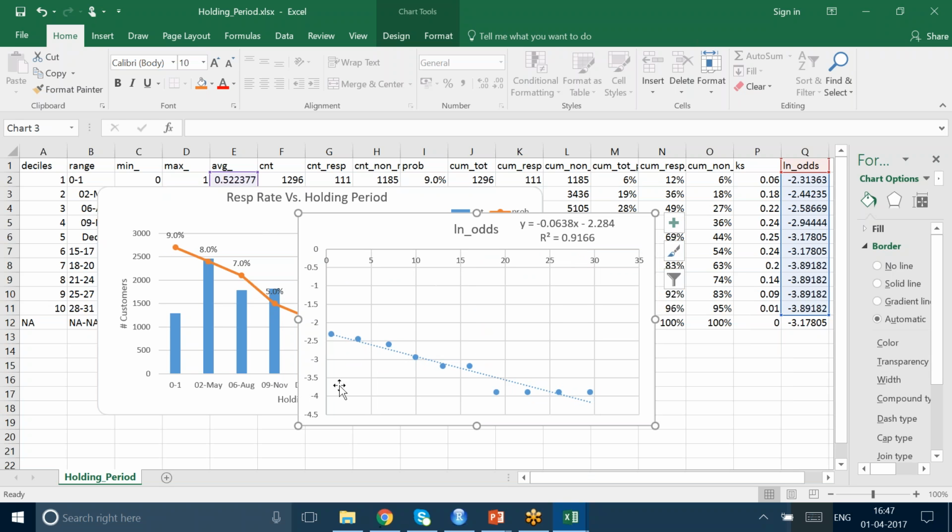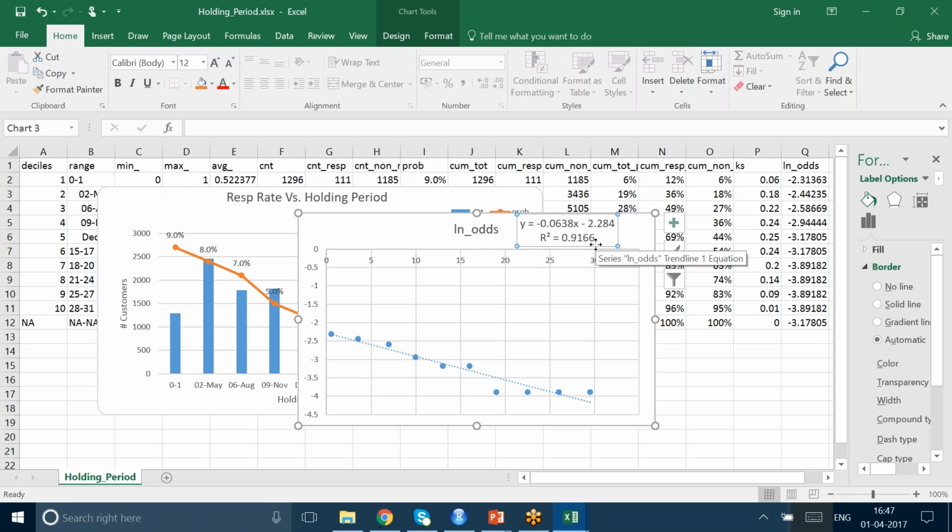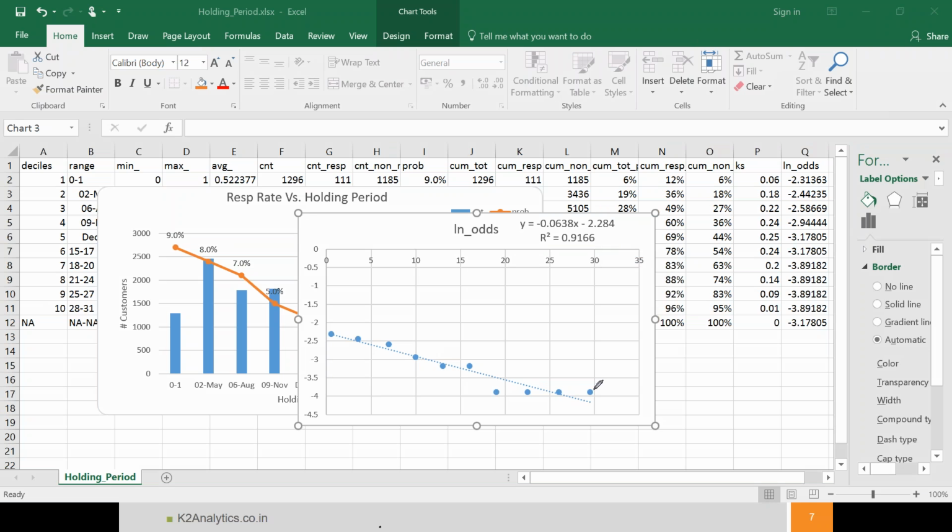This axis is holding period and this is the log odds. Can you see this? This blue line is basically the line of fitment. R square is very good, 0.91, and based on R square we took the call that it's a very good fit. But if you now finally observe this fit, you will see that these 4 data points,